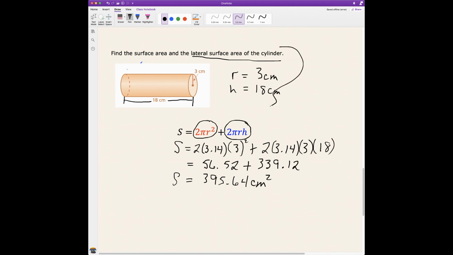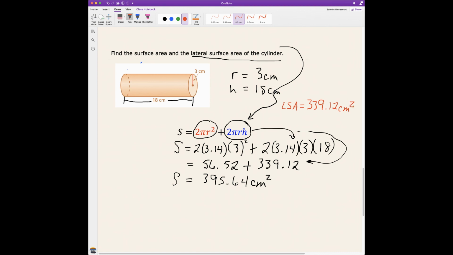We use that part of the formula. And guess what? We have already calculated it. It is right here. So the lateral surface area, if you're asked on a test or in one of the problems, remember I use LSA, that would be 339.12